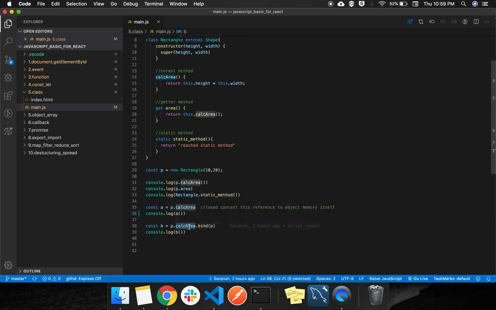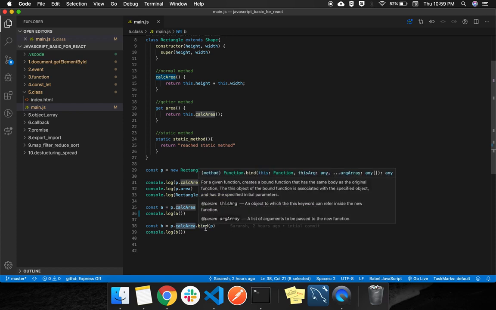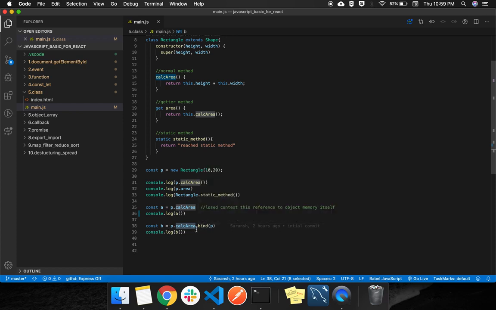So if you are transferring any method and you are binding the object also, that means you are transferring the object memory also. In that case, whenever you call this and this statement comes, it will know that this is the object which has been bound.